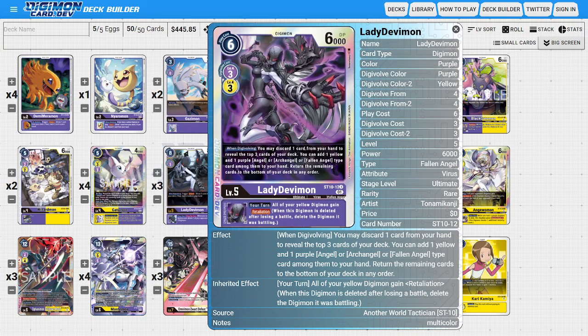Next, I'm going to be running 2 copies of LadyDevimon. So this is the starter deck version of LadyDevimon, and this version has a lot of different ways we can use her. She does have a slightly lower play cost in case we actually do need to hard play her just to get an easy Jogress right away, or we could Digivolve her for 3 off of a level 4 yellow or green Digimon, so she has an easy way to Digivolve up into her, and on top of that, she has a good when Digivolving ability we want to try to take advantage of,